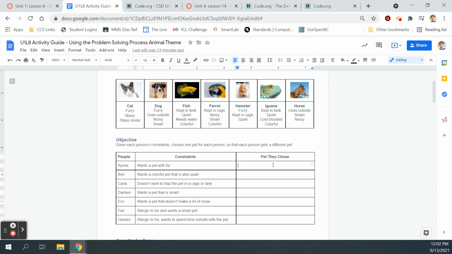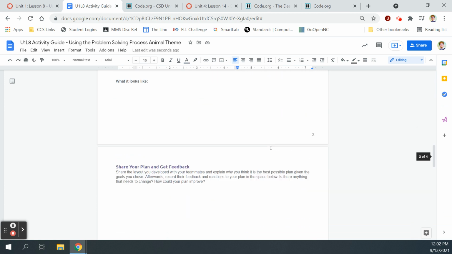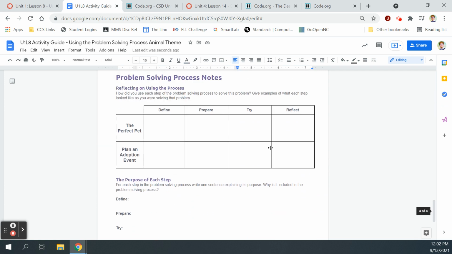And I think for this person, since they just want it to be furry and they have no other constraints, I'm going to put the hamster with Aisha. So I'm going to recommend to Aisha that she take the hamster, right? And then down here, once you're done giving everyone a pet, then head to the last page of the activity guide and fill in the row there for the perfect pet in the table. So you scroll all the way down to the last page,